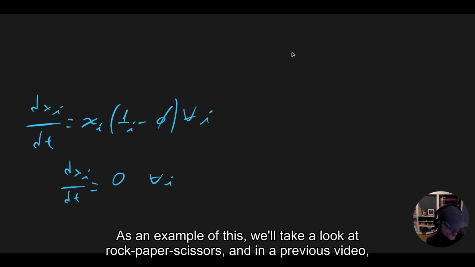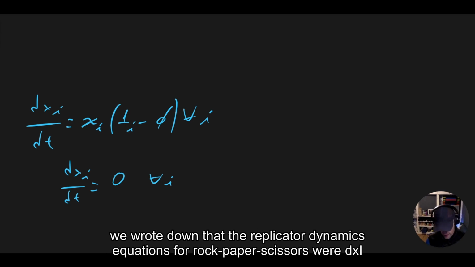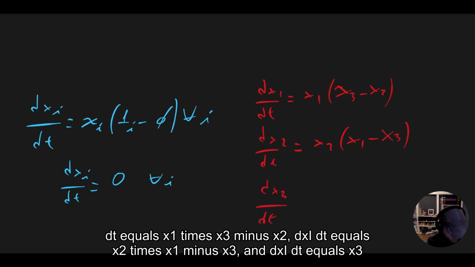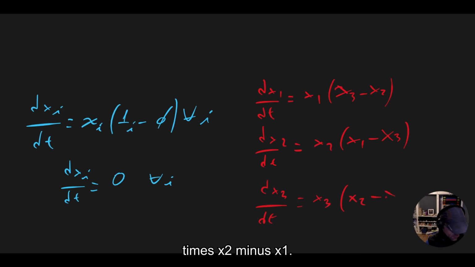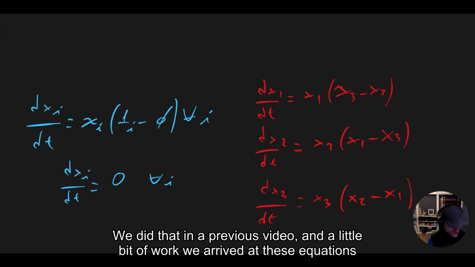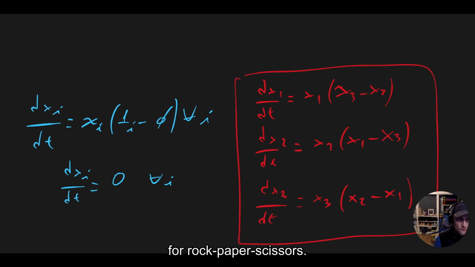And in a previous video, we wrote down that the replicator dynamics for rock, paper, scissors were dx1/dt = x1 (x3 - x2), dx2/dt = x2 (x1 - x3), and dx3/dt = x3 (x2 - x1). That's not self-evident. That's the replicator dynamics equations for rock, paper, scissors. We did that in a previous video, and with a little bit of work we arrived at these equations for rock, paper,